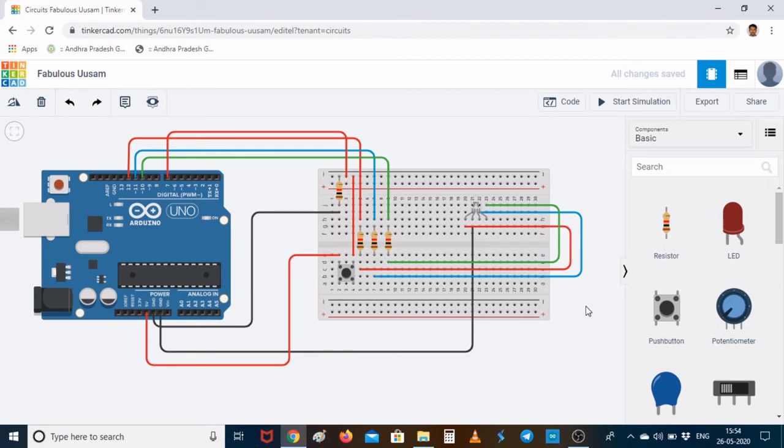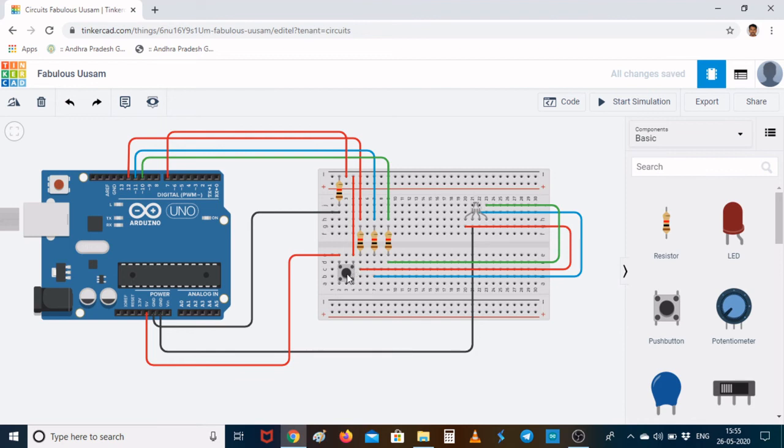Now let us look at the circuit connections for controlling the blinking of LED with the help of a push button. What I have done is I have taken the push button. This push button has four legs: terminal 1B, terminal 1A, terminal 2A, terminal 2B. Internally these two legs are shorted and these two legs are shorted.